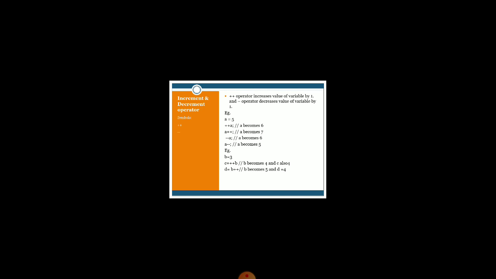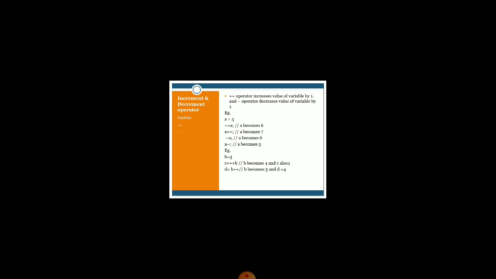That means first of all you have to assign the current value of B to variable D, and then you have to increment the value of B. For example, here I wrote D equal to B++, so the current value of B is what? 4, from your previous statement. So the current value of B is 4. That means now the value of D also becomes 4. And afterwards we will increment the value of B. So now the value of B becomes 5.